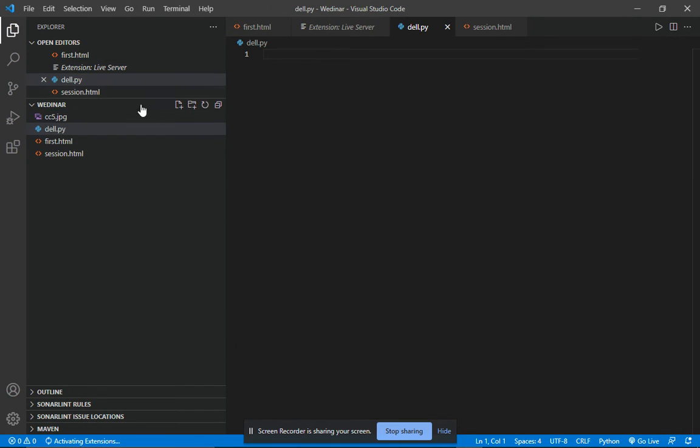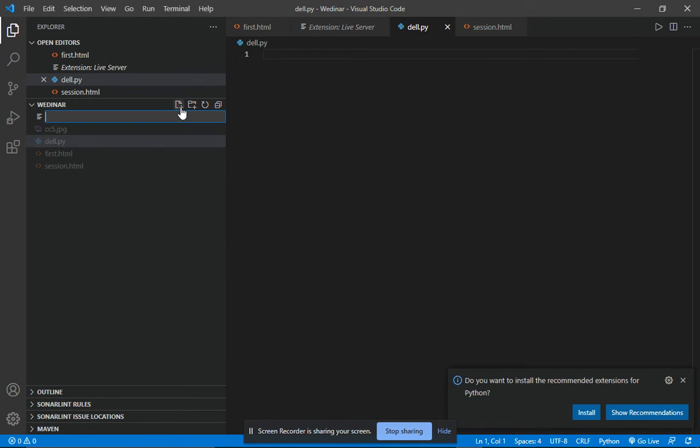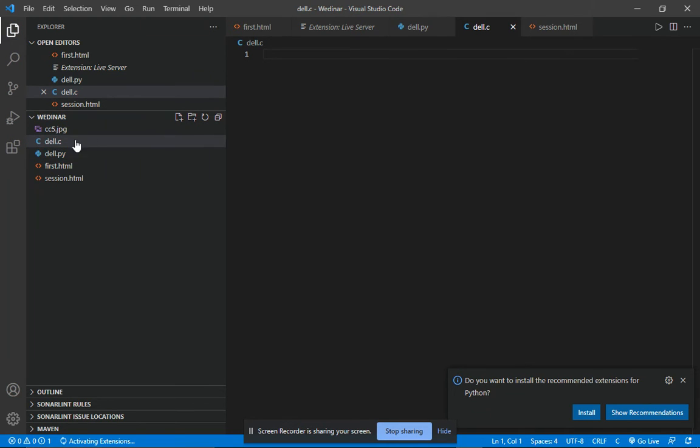You can see that this is the icon of Python, and if I want to create a del.c file, you can see that this is the C icon.